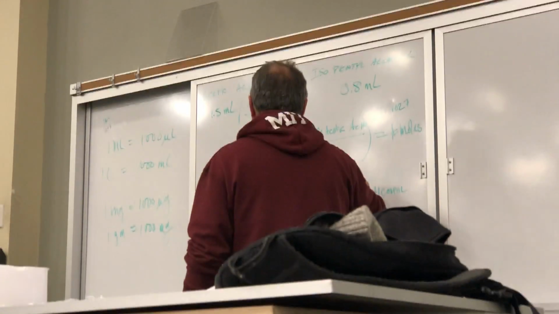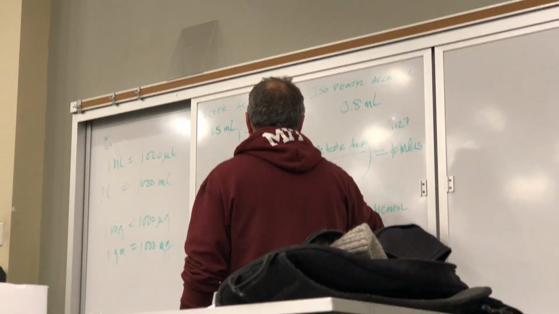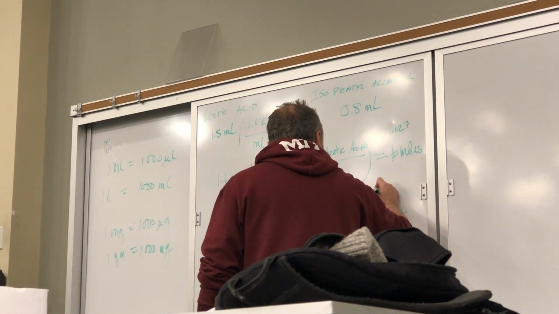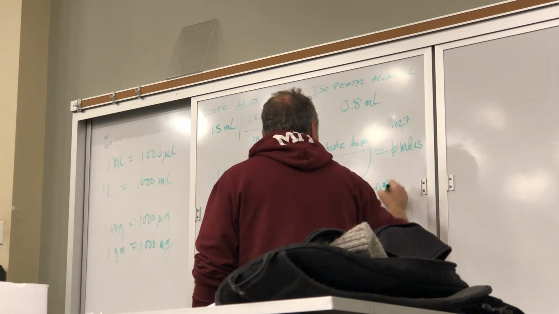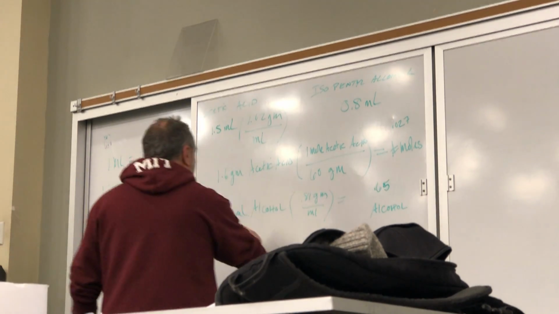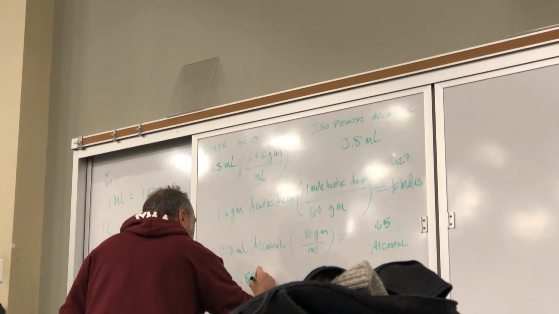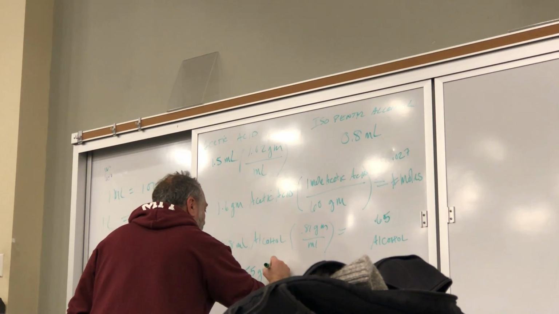So this is 0.648. So make it 0.65. All right, so 0.665 grams of the alcohol